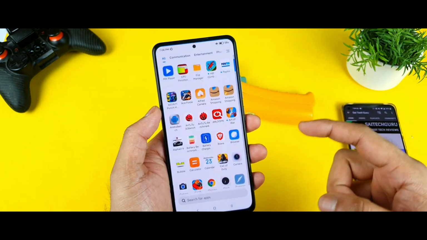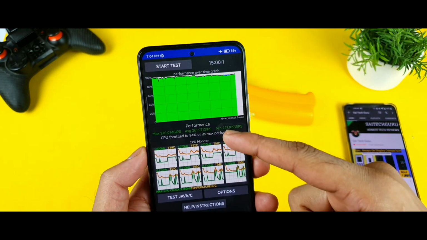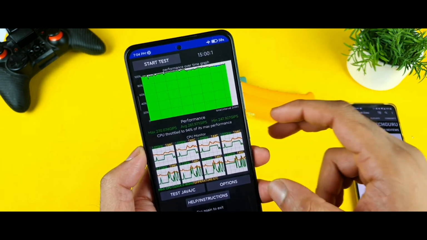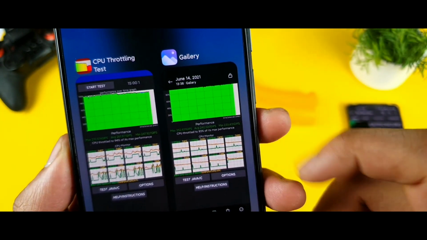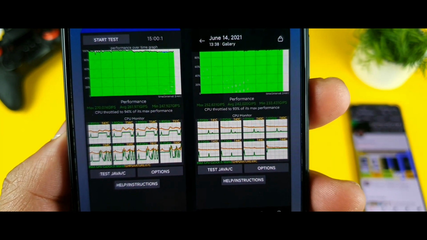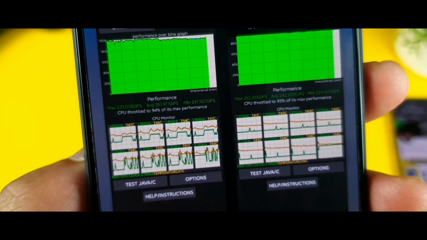Let me open the gallery and open the screenshots, before and now. As you can see, friends, this is the test we did today, in the gallery application. The screenshot I've taken before, you can clearly compare the scores side by side. Before it used to be 2,52,000 and now I got 2,70,000 in terms of the score.